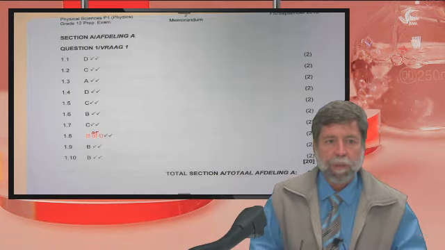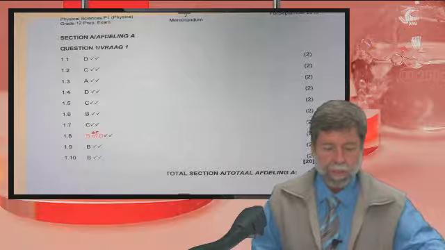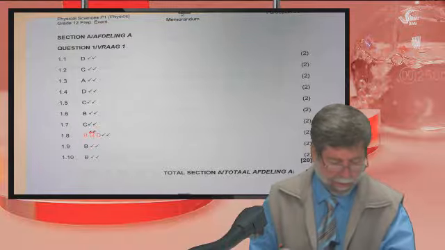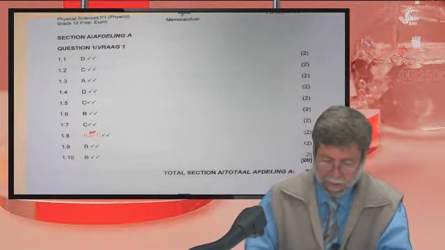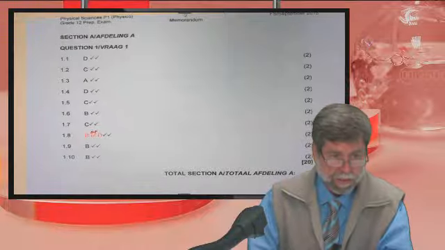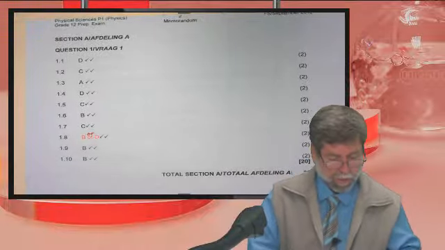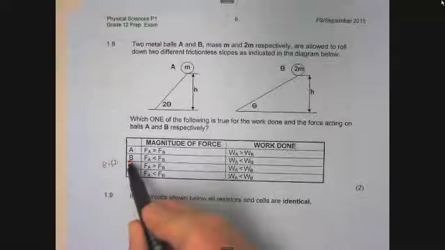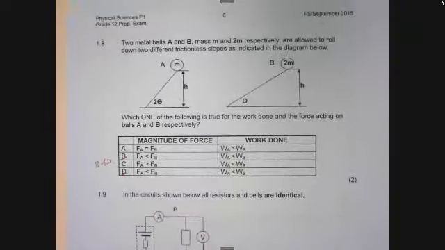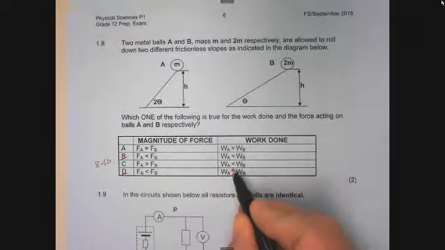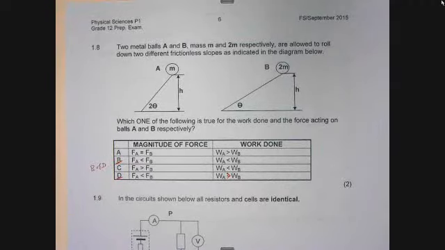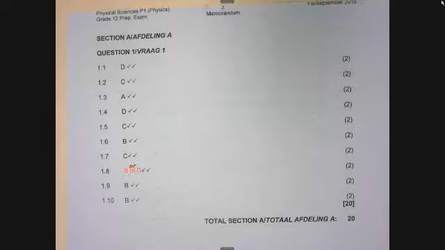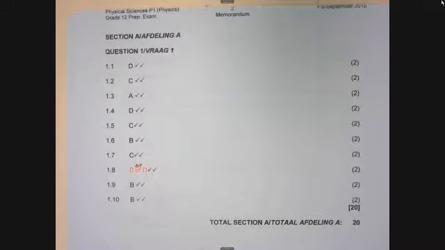So let us start with the multiple choice questions, just a referral to question 1.8. In section A, question 1, there's only one comment that I have, and that is on question 1.8. Unfortunately, you will see on the question paper both B and D is the same. So the correct answer was B, but unfortunately this wasn't changed to a capital S, so both B and D must be accepted as possible answers. So just correct that on the memo you have in front of you.